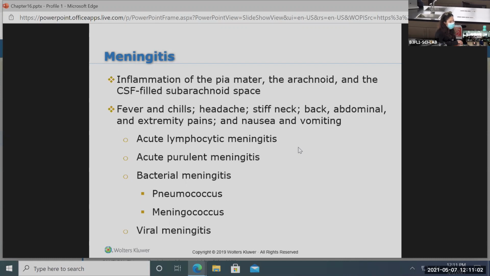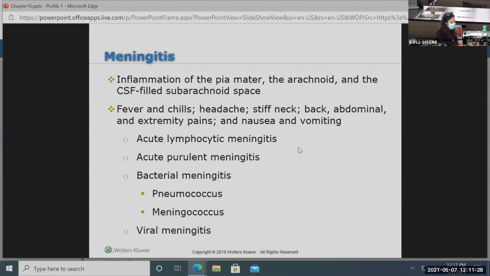Vomiting, nausea and vomiting. Patient presents with fever, vomiting, neck stiffness. Something is wrong with the meninges. Maybe caused by acute lymphocytic, acute purulent, or caused by bacteria. Most common bacteria, please highlight, called pneumococcus